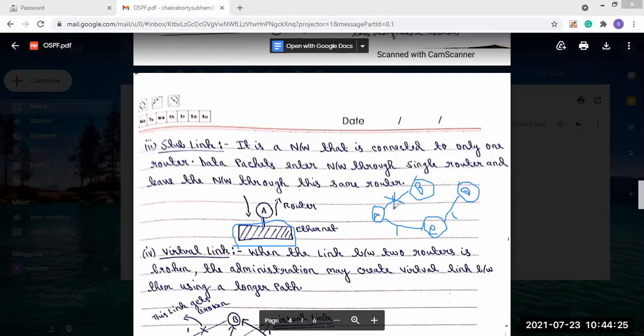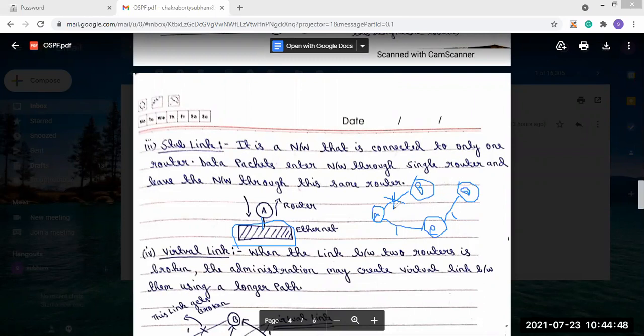The link between A and B is broken. So now A and B are not able to communicate with each other, because the link between them is broken. So what is possible now?